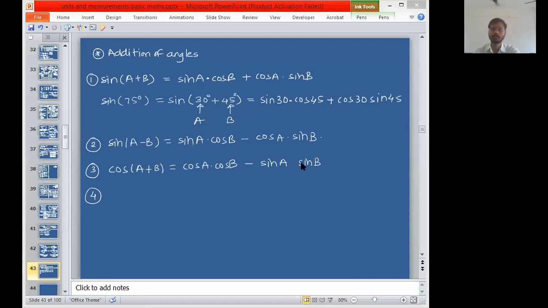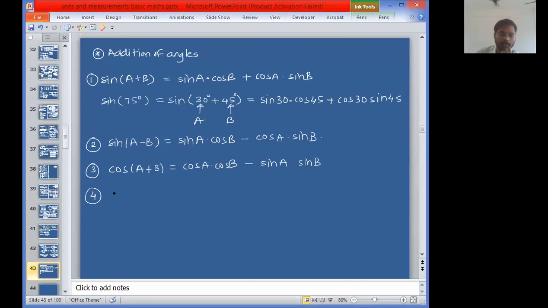Fine. All right. So cos of A plus B is cos A cos B minus sin A sin B. And if I write there cos of A minus B, you will say, sir, write down the same formula, but instead of minus, now use plus. Same formula, cos A cos B, but instead of minus, now use plus. In the case of cos it is reverse: plus to minus, minus to plus. Cos A cos B minus sin A sin B. These are the 4 formulae in which you have addition of angles.